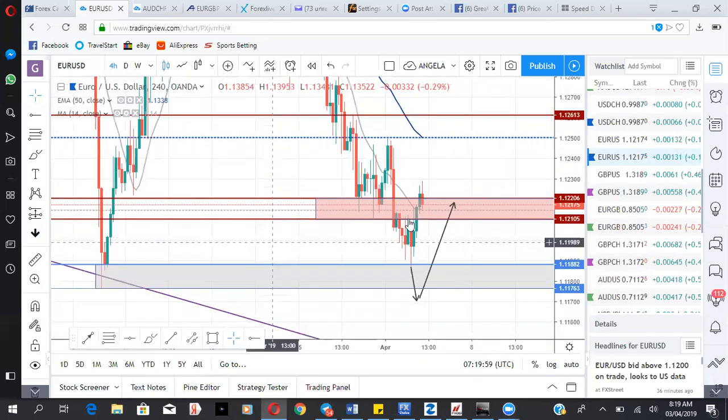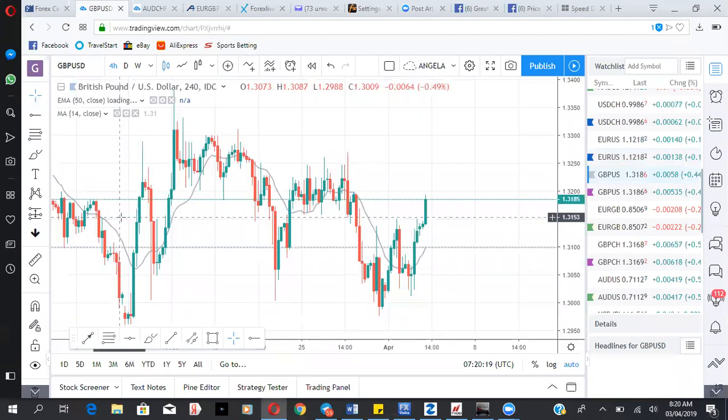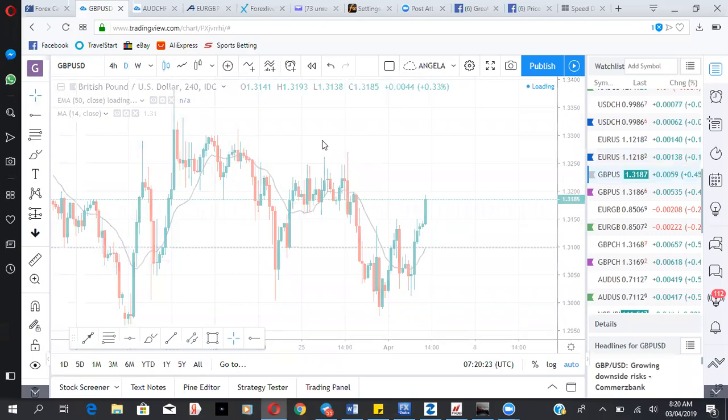So that is it for Euro USD. And I know that some of you are already long Euro USD, so if there is a pullback, don't panic. There's already a support here, so it might pull back a bit, then continue up. So the next pair we'll be looking at is the GBPUSD. Looking at the GBPUSD from a daily point of view,